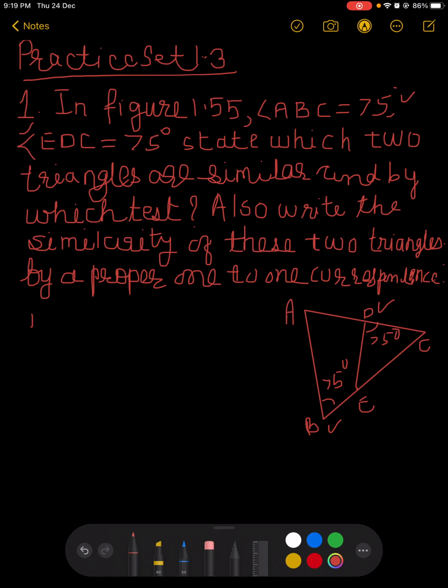So I am going to write the pair of triangles like